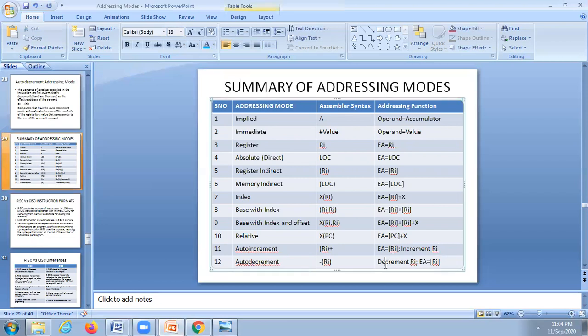Whereas in this case, first decrement the pointer, then that is the effective address. So the effective address is after decrementing here, and before incrementing there. This is post increment. This is pre decrement.